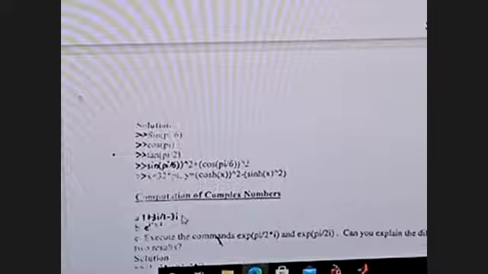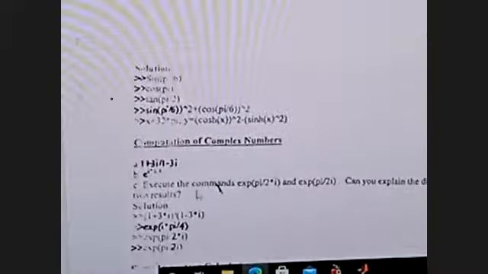For cos inverse, what is the inbuilt function? ACOS. For sine hyperbolic, sinh, what is the inbuilt function? Sinh. Okay. Similarly, cos hyperbolic, cosh. For cos inverse, it is ACOS. For sine inverse, it is ASIN is the inbuilt function. Like this, some trigonometric functions we have seen.